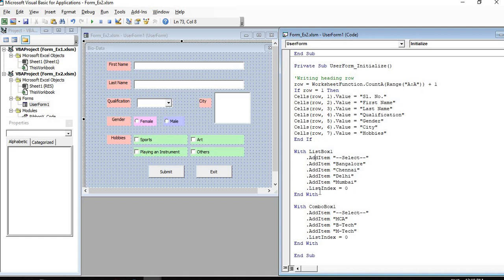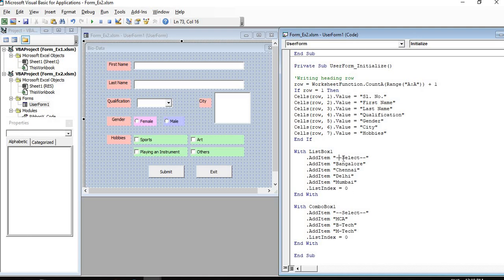Then ListIndex is another attribute. Whatever number you give here, that value will be shown by default in the form. I want it by default to first show Select, so I am giving ListIndex equal to 0.